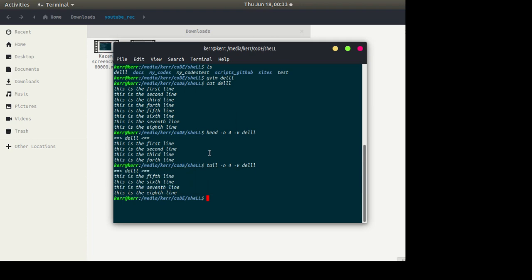So let's say you want to access a file which is growing with time. Let's write a small piece of code that will make the file grow, and in the meantime you can access it with the tail command.